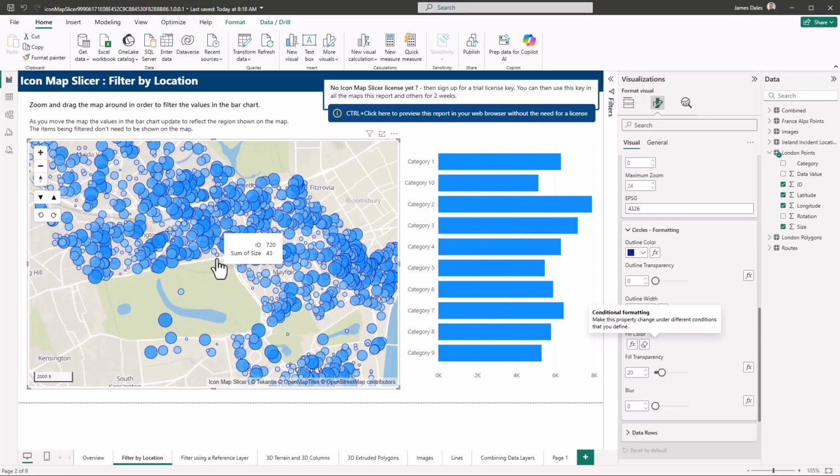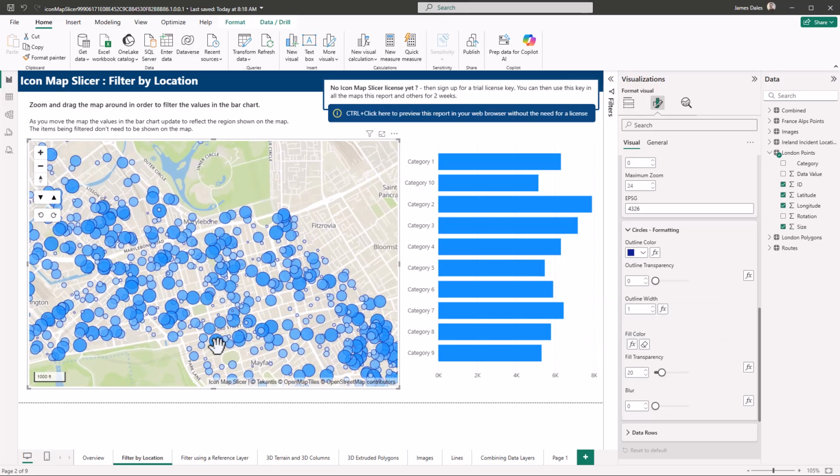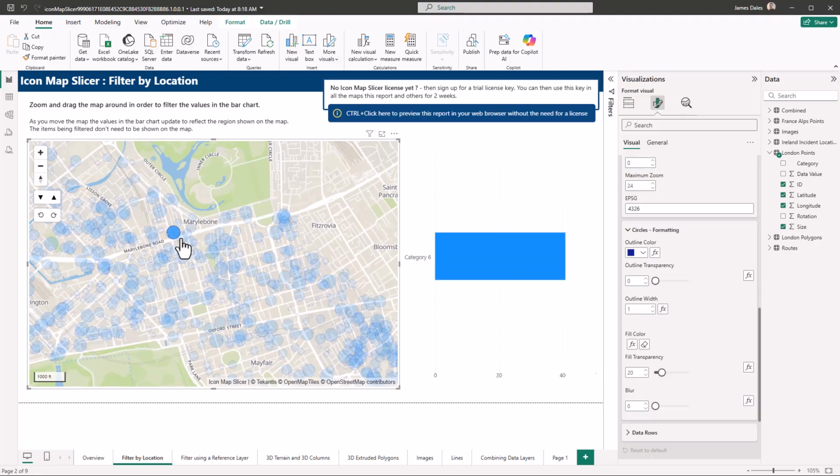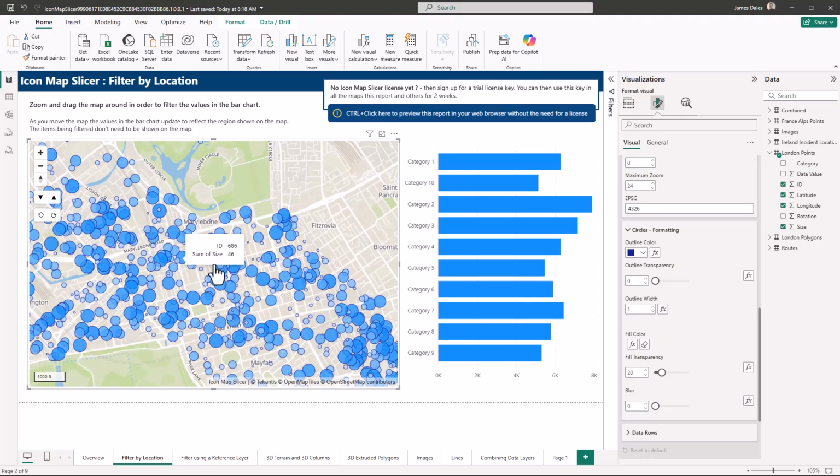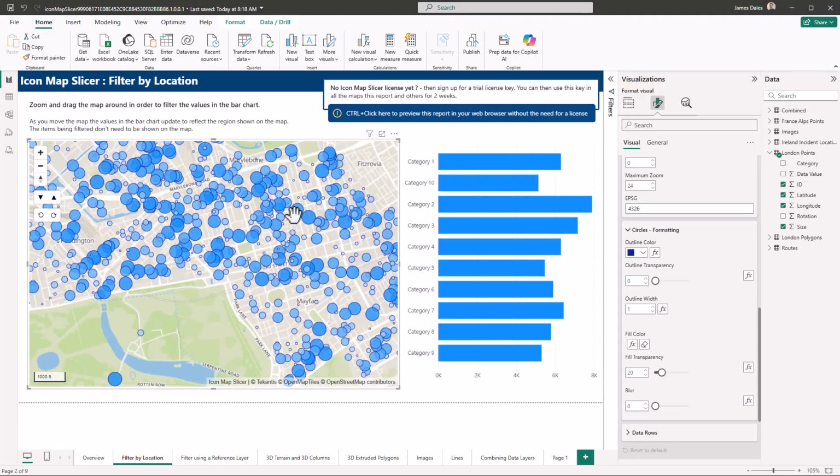Now obviously normally in a map visual, if we want to interact with the other visuals on the report, we can of course click on the circles on the map, and our bar chart here on the right with the different categories in will be filtered based on those categories I've selected. But Icon Map Slicer provides multiple ways of being able to filter the other visuals on the report. So the first way that I'd like to show you